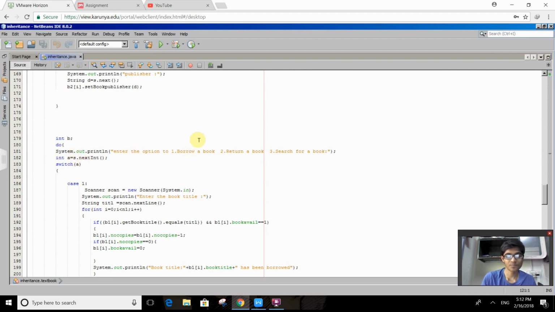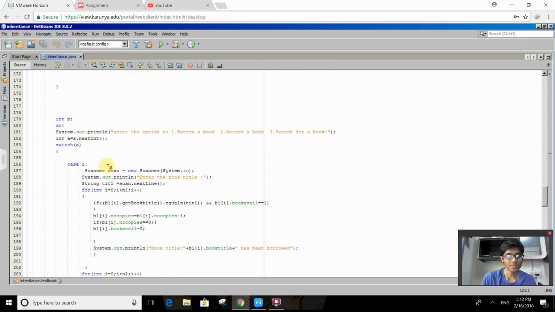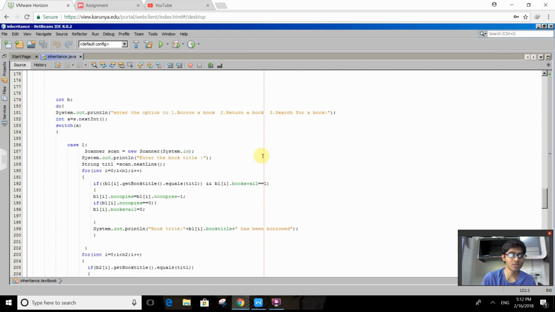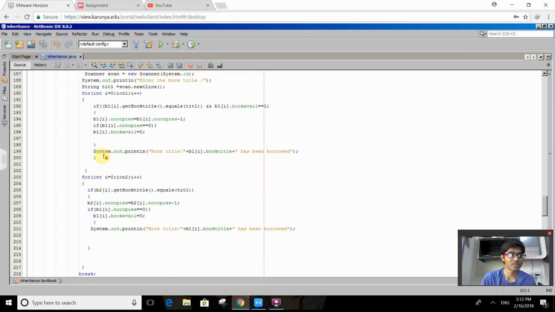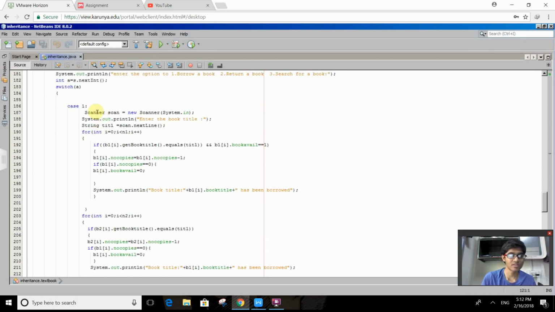As it is a menu driven program, I have created a menu by using a do switch case. As the user gives a variable, it's going to pause that. Here I have initialized a as integer data type and get the input from the user. As we can see, if we borrow a book, we can reduce the number of books available and return the book. And if you search for a book, if it matches with the book, it's going to return the book details available. So by using case 1, case 2, and case 3, I have created 3 cases in switch case: